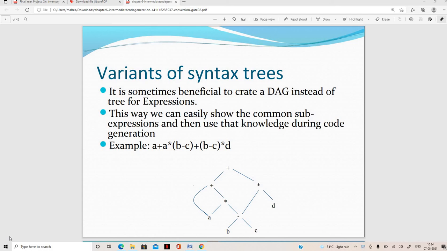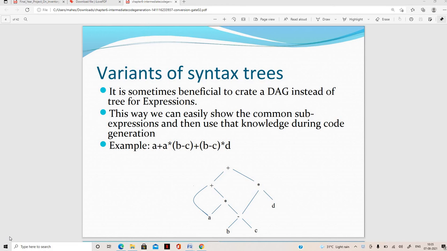So today we'll discuss the intermediate code generation process. When it comes to the total compiler process, it is divided into two parts: one is called the front end, and the other is called the back end. The front end includes parser design, the static checker, and the intermediate code generator. The back end comes after the intermediate code generator, and the code generation process comes under the back end.